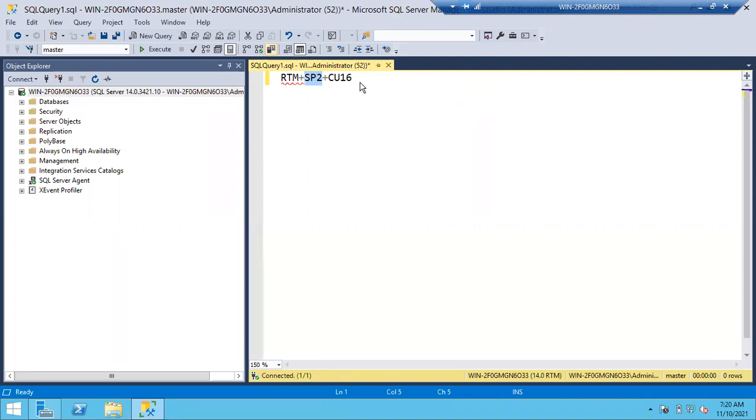Here also, if you remove CU16, if CU15 is installed, it will go to CU15. If there is no CU15, it will directly go to SP2. If you remove SP2, if there is no SP1 on top of that, it will directly go to RTM. It will go to that particular patch level, guys. Don't think it will remove in a serial order. There is no CU15 applied on this server. How can you see CU15 on that?